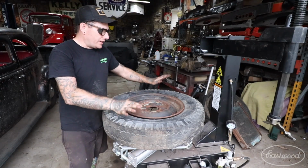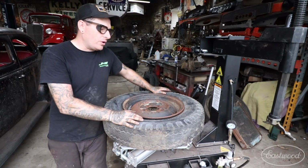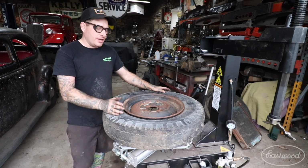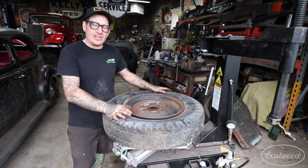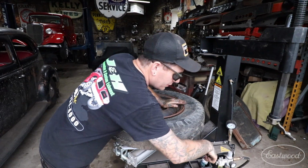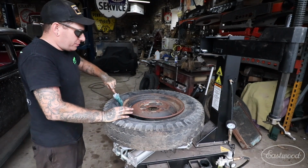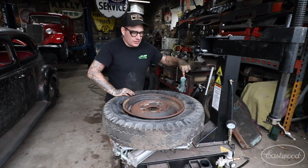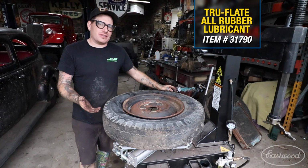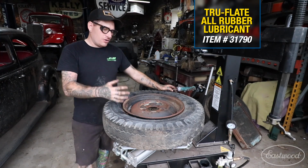All right, so now that we have this clamped on here, another little tip that I like to give people when they're doing tires, especially if you're doing something where you may want to take this tire off and use it again, is you want to lubricate the tires as if you were mounting them. So I have my little lube bucket here that has some of the lube that you can buy with the machine, and what I will do is actually go around the machine and lubricate the tire right on the bead,